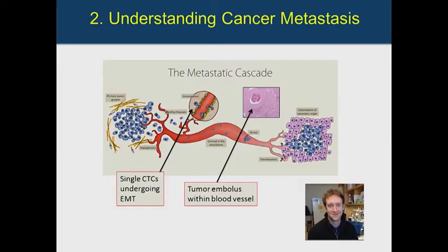Let me turn now to the second story that I was going to share with you, which is more of a biological story. And that is not so much using CTCs as a marker of tumors and to drive therapeutics, but also trying to understand the world of metastasis. And if you look back at that, there are trends. And depending on which decade you live in, there are different dominant mechanisms to understand metastasis. I would say the dominant mechanism now is the assumption and the understanding based very much on mouse models that